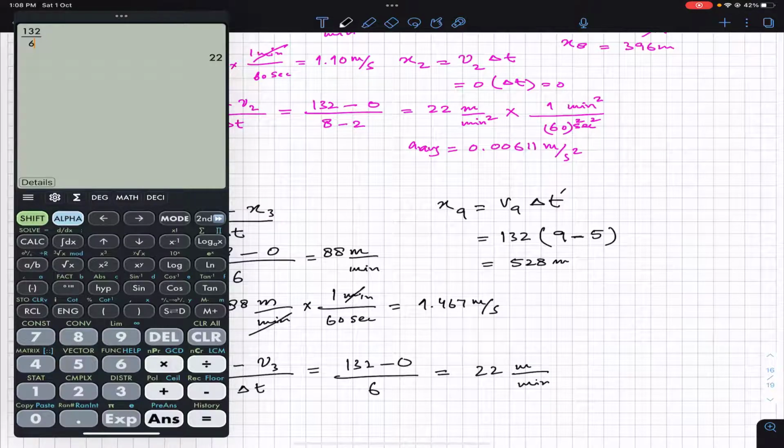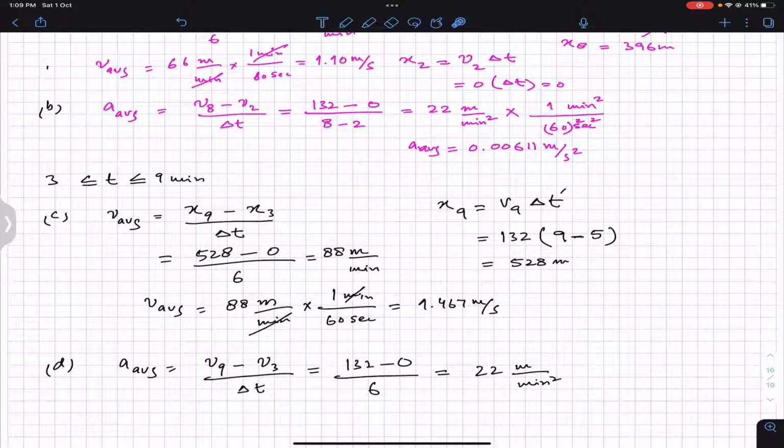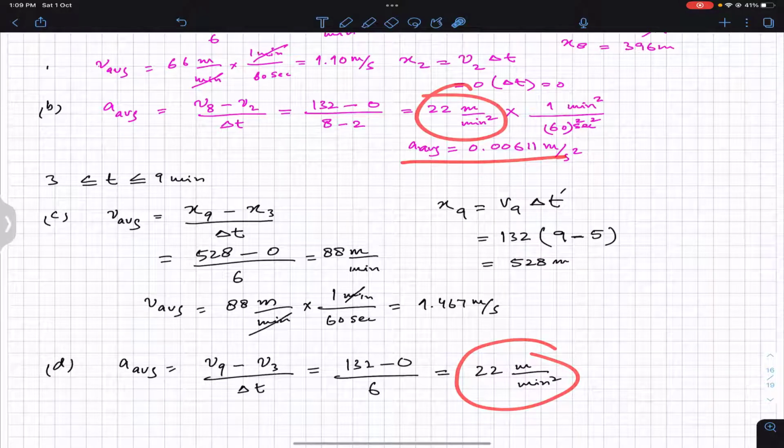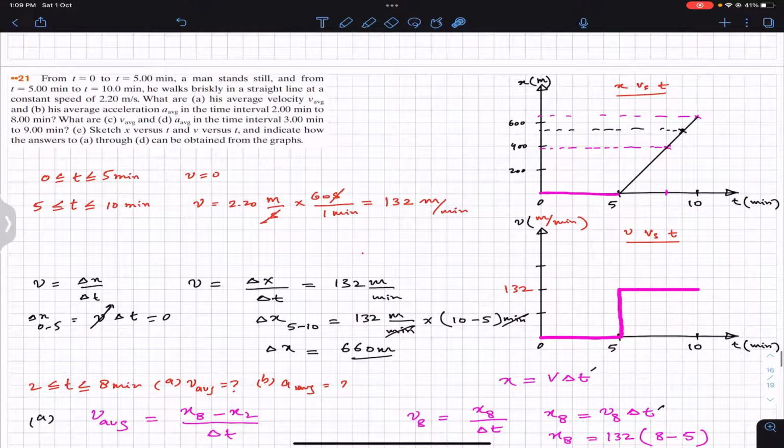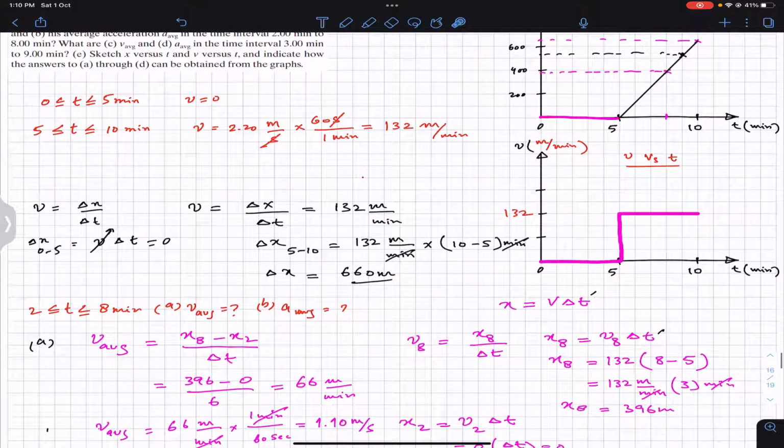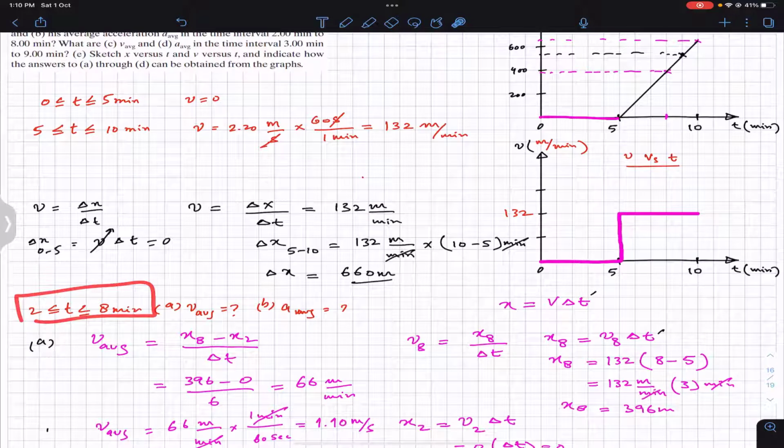meter per minute square. And again, if we convert this meter per minute square into meter per second square, so we will get that same answer, since this is 22 meter per minute square and this is 22 meter per minute square. Now in part E, it is said that sketch x versus t and v versus t, which we have already done. And it is said that indicate how the answers through A to D can be obtained from the graph. So now for part A, which is the average velocity from 2 to 8 minutes, we can always